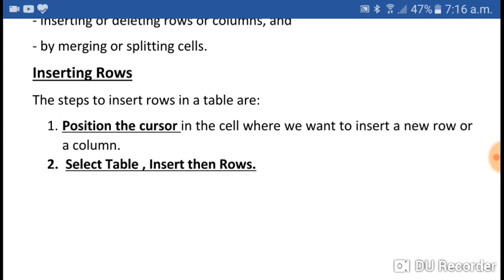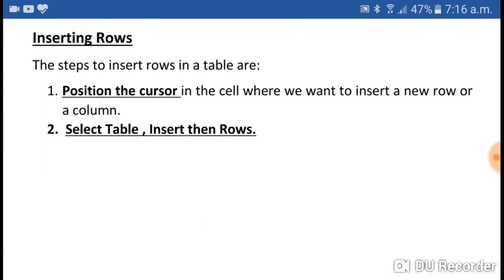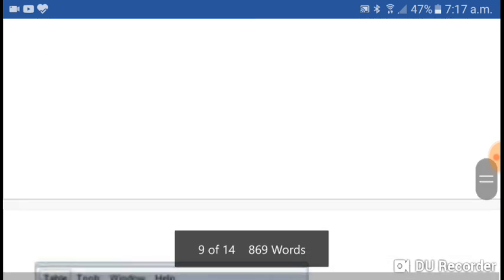Same steps are for rows and columns. Again I am repeating, position the cursor where we want to insert a new row, then select the table menu, click on insert and then click on rows.